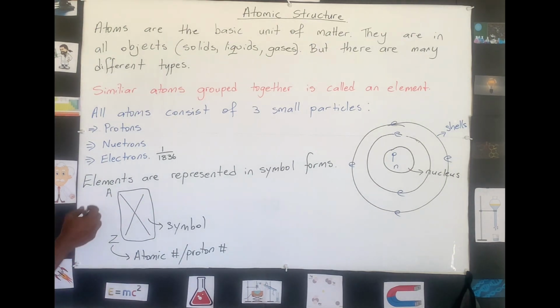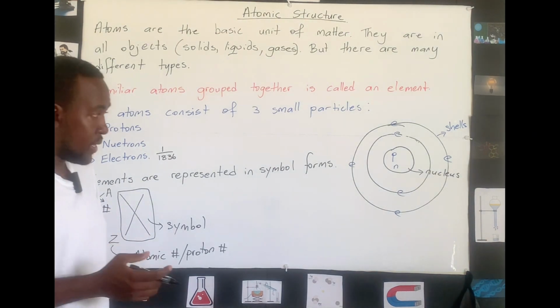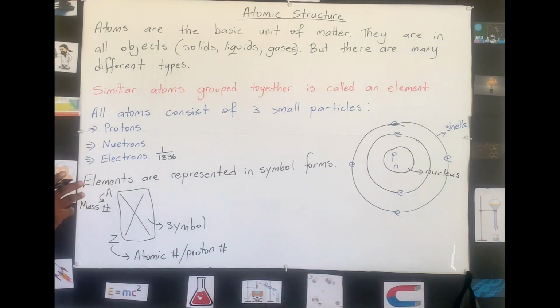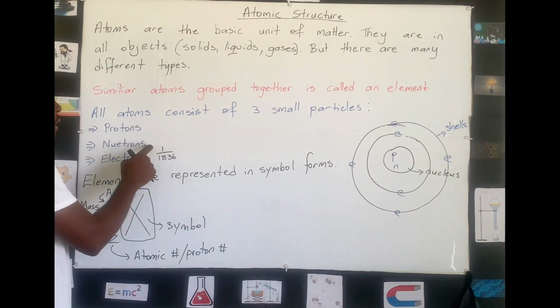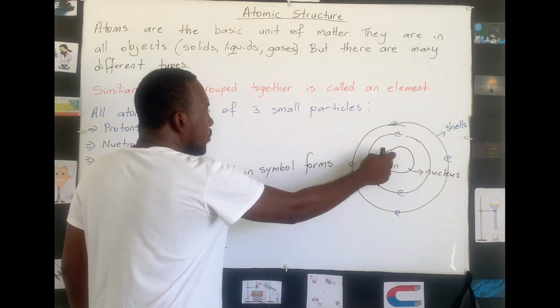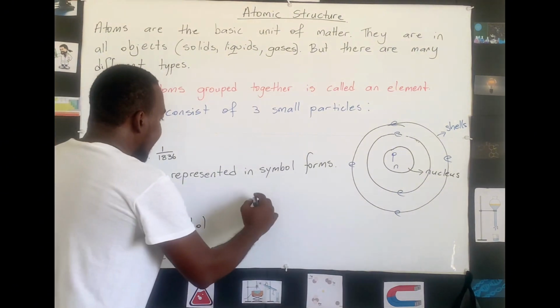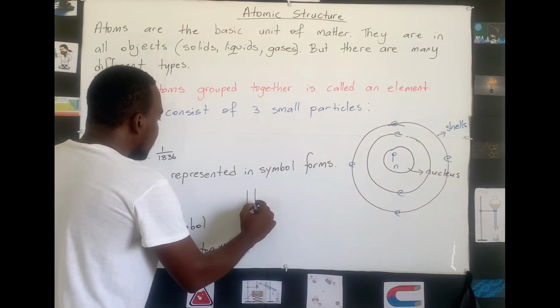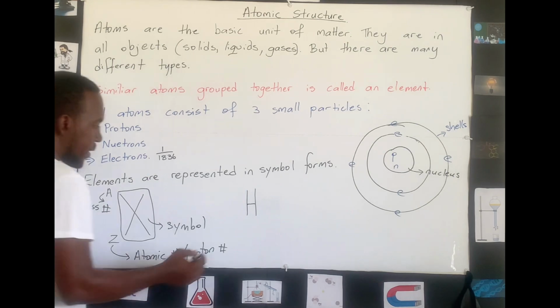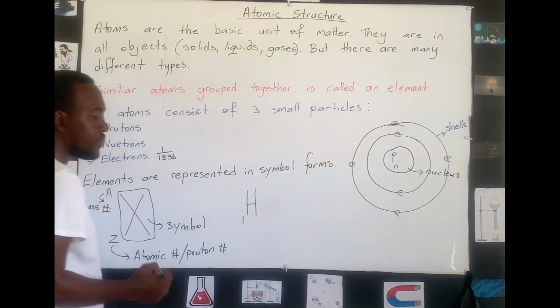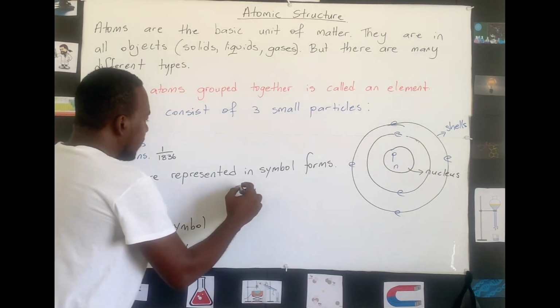The top number here, the A, represents the mass number. And the mass number is basically the total of the two particles that have the most mass, which are your proton and your neutron. So it's the total of protons and neutrons inside the nucleus that gives us the mass number. So, for example, if we look at hydrogen, the hydrogen symbol is H, right? It has an atomic number of 1 if you look in the periodic table,